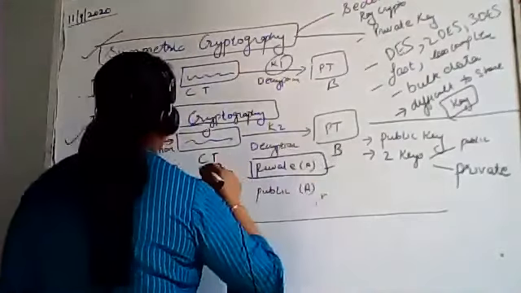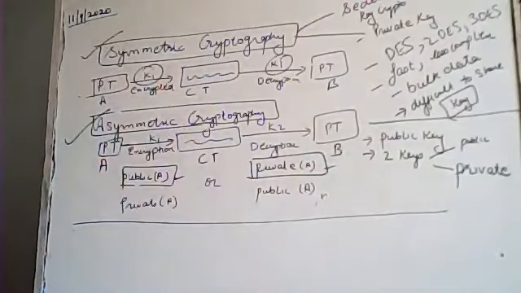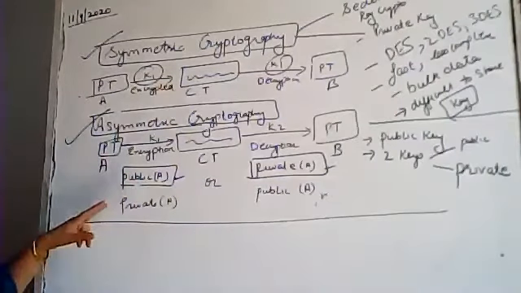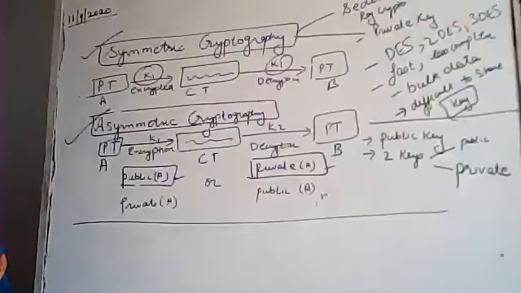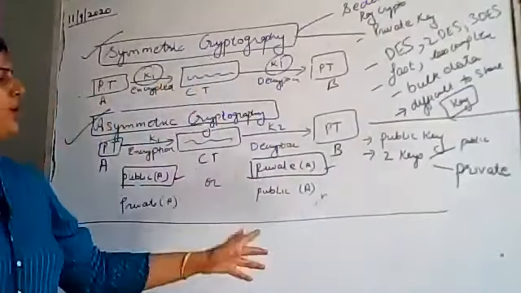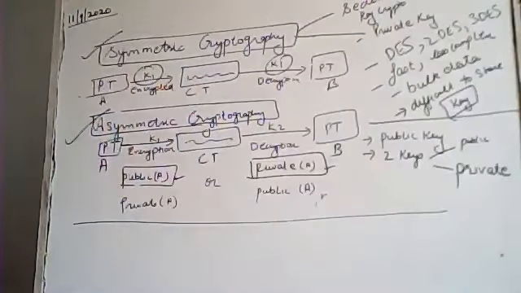If it is the same, then it is not the asymmetric type, it will be symmetric cryptography. I hope this is clear to you. This is a very important topic, and sometimes students get confused about what is symmetric and what is asymmetric. So we have two sets of keys. If we are encrypting a message using the public key of the sender, then you can decrypt using the private key. And if you are using the private key over here, then you have to use the public key over here. Is it clear? Again, these keys are two different keys.